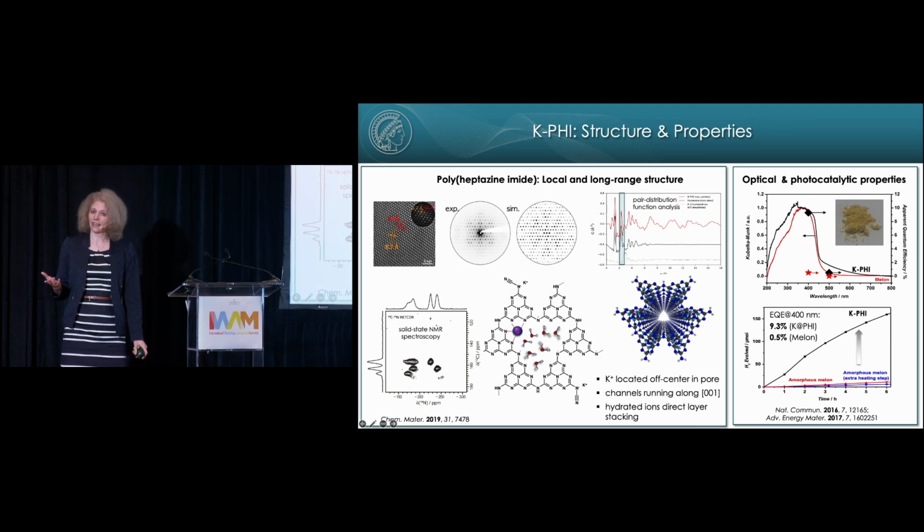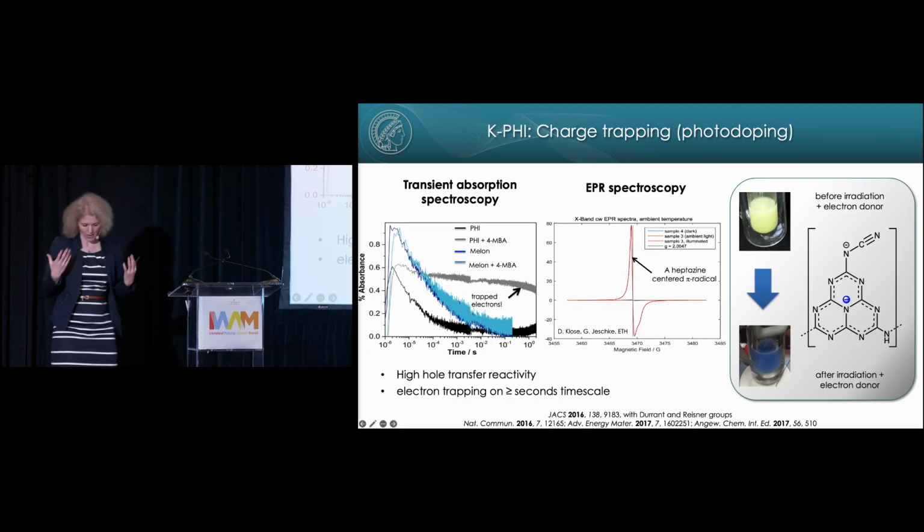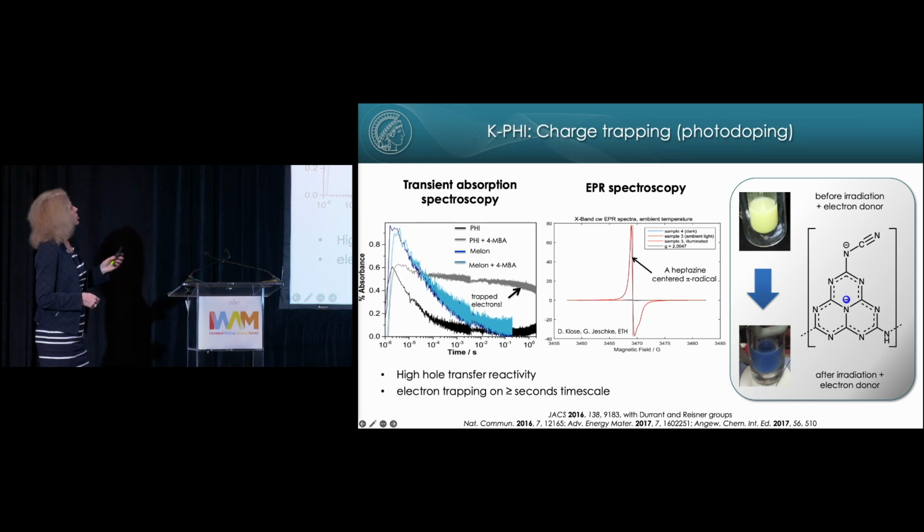So this is striking, and we were wondering why this is. One of the clues why this high activity is observed lies in the optoelectronic properties of this material. In a nutshell, in the transient absorption spectrum, we see that when we irradiate PHI in the presence of a sacrificial electron donor,